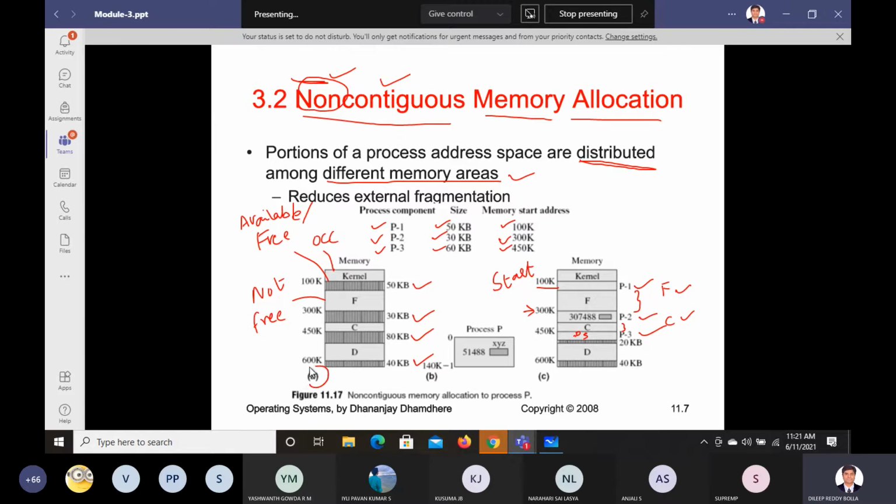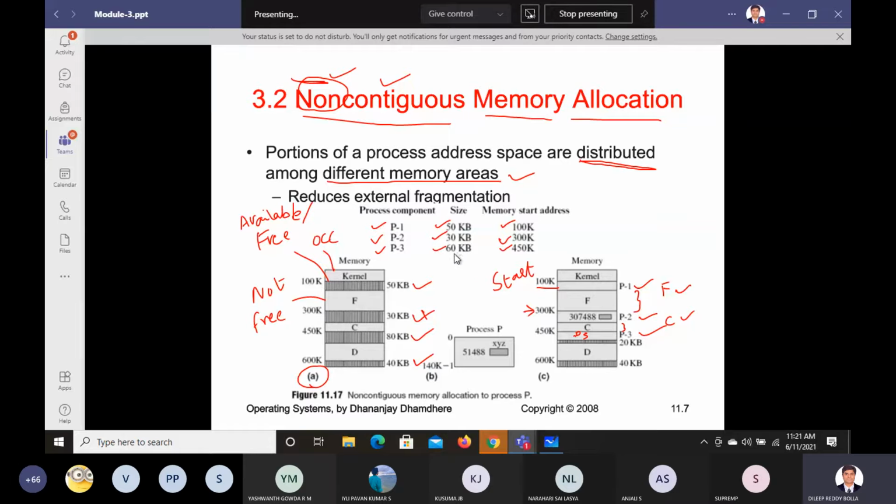The diagram will show which memory is used and which is not used. So randomly it shows 50 KB, 30 KB, 80 KB and 40 KB availability. Now some process, let us say P1, wants 50 KB. Out of these the operating system can choose any one. Let us say it has chosen this one for P1's 50 KB. P2 requires 30 KB, it will choose this one, or you can choose 40 KB also, no issue. If this is not available, it will choose this also. So they have taken a perfect example just to match accordingly.